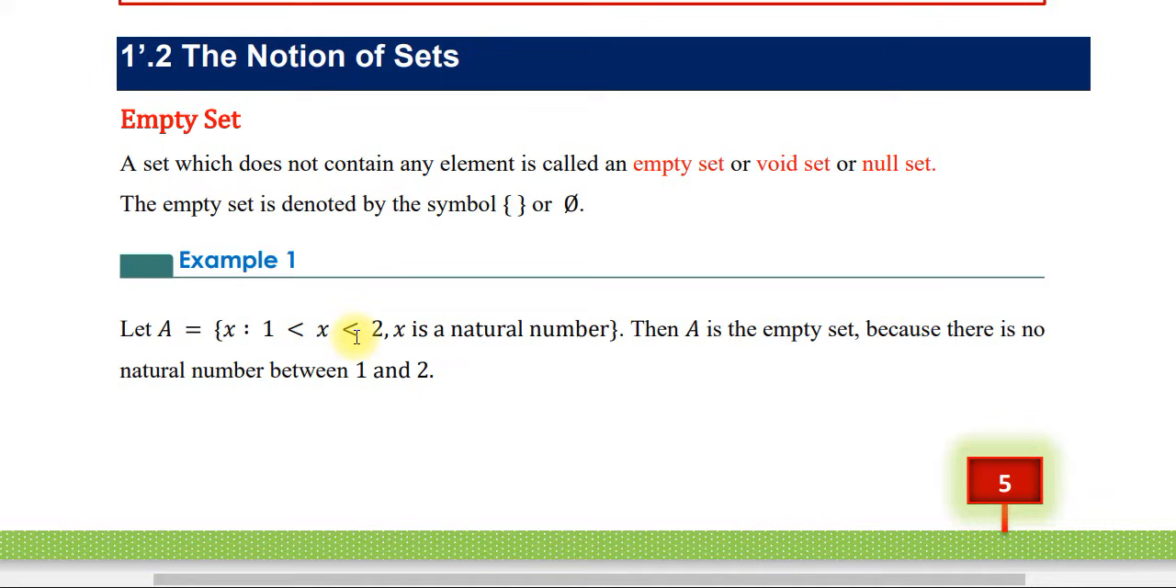ለምሳሌ let A which is equal to the set containing x such that 1 less than x less than 2, x is natural number. ስለዚህ x ማለት በአንድና በሁለት መካከል ያለው ቁጥር ማለት ነው፣ ግን ናቹራል ነበር። አሁን በአንድና በሁለት መካከል ምንም አይነት ናቹራል ነምበር የለም። ስለዚህ A is empty set because there is no natural number between 1 and 2። በአንድና በሁለት መካከል ምንም አይነት ናቹራል ነምበር ስለሌለ A empty set ነው ማለት ነው።